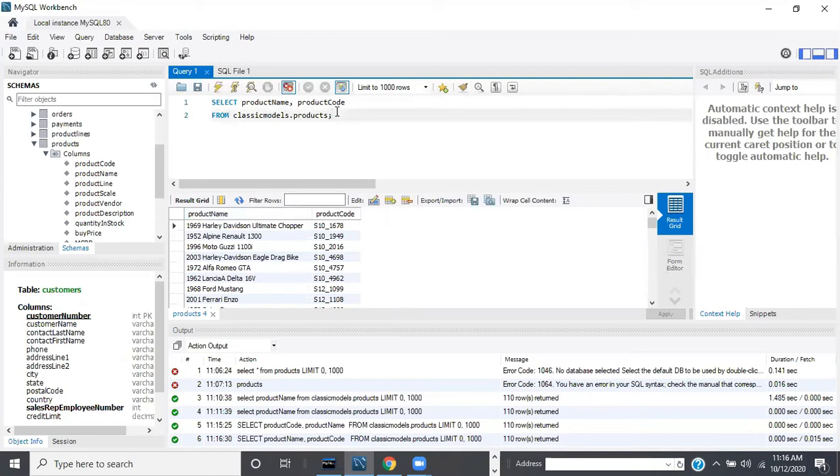All right, what else? And you always end your statements in SQL with a semicolon. The semicolon is a statement delimiter. It specifies the end of the statement. If you have 2 or more statements, you use the semicolon to separate them so that MySQL will execute each statement individually. So, for example,